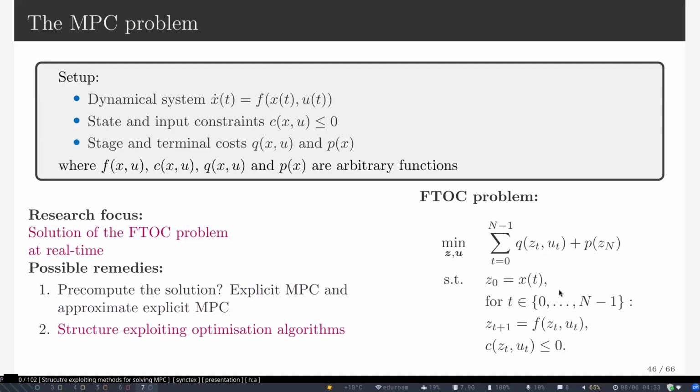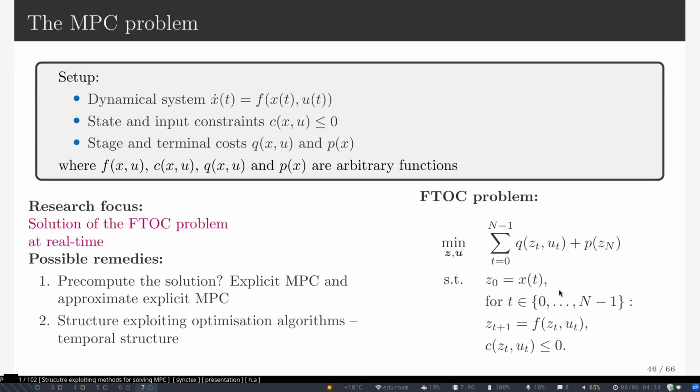The other one is to really exploit the structure of these programs. What is the most important structure, from my perspective? You should guess that. The important property we should use when we deal with dynamical systems is time. The arrow of time goes in one direction. So we should use that. In the absence of anything else, there might be other sparsity structures, but for this generic setup, it is really the temporal structure.